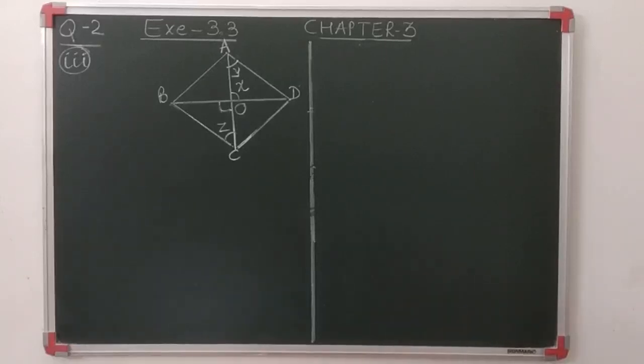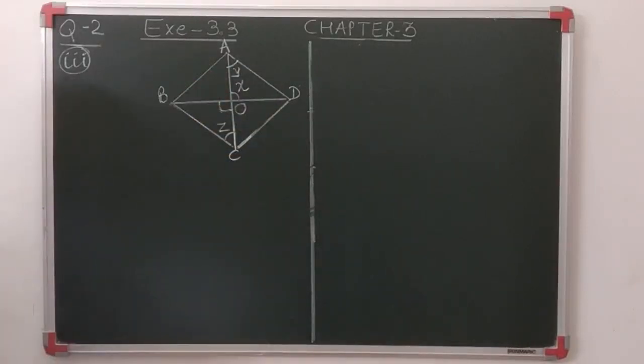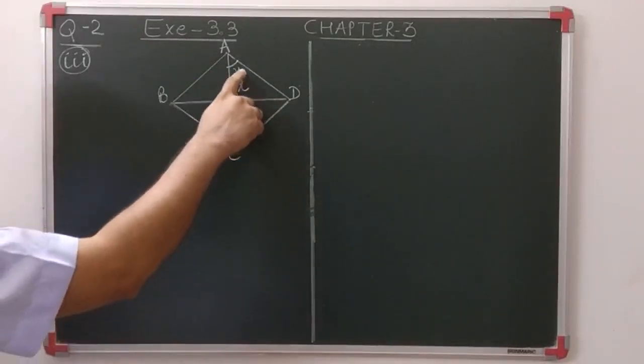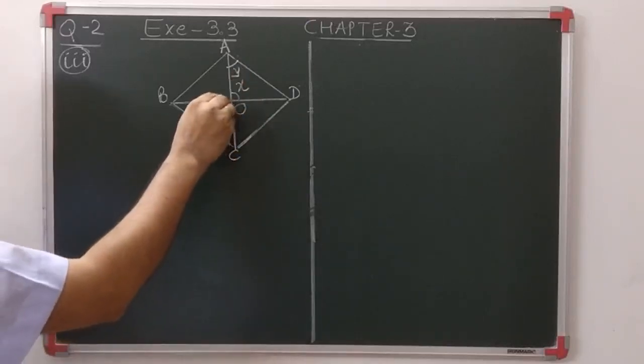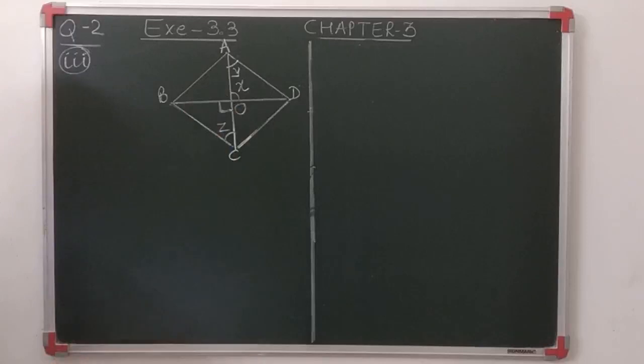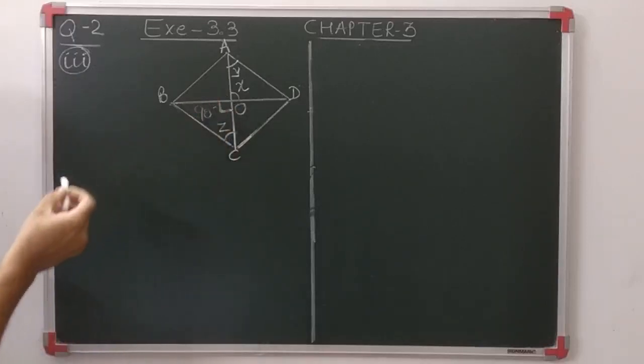Let's go for the third number. This question is better than the rest of the two. Again ABCD is a parallelogram. We have to find out X, Y and Z. This is what they have given. See, we know the symbol, it is considered as 90 degree. So here this angle is given.